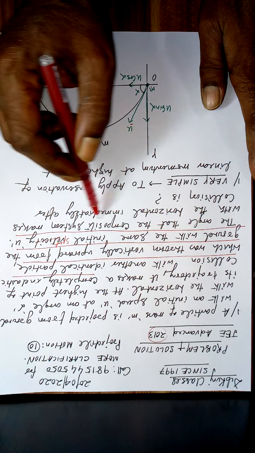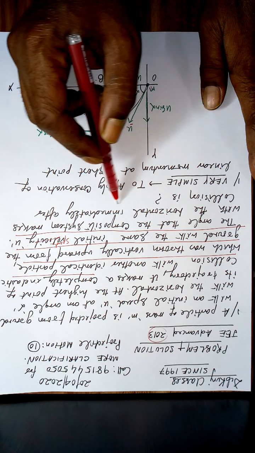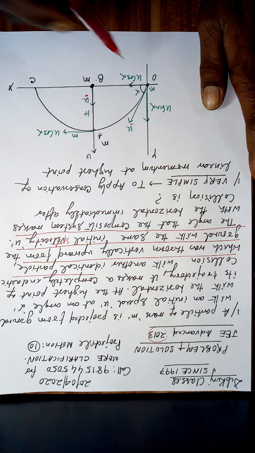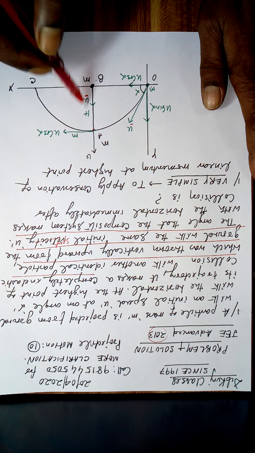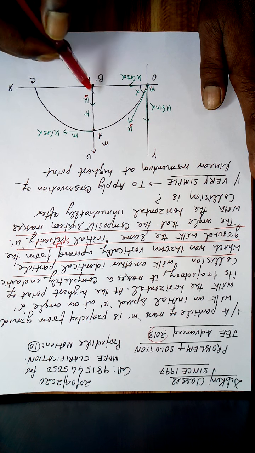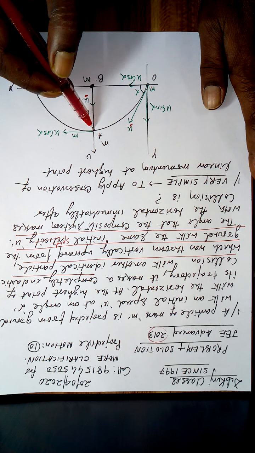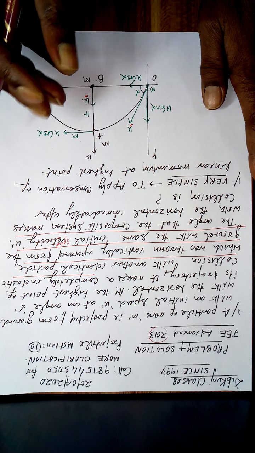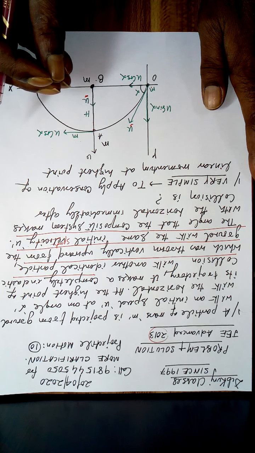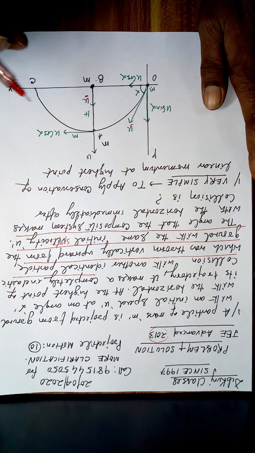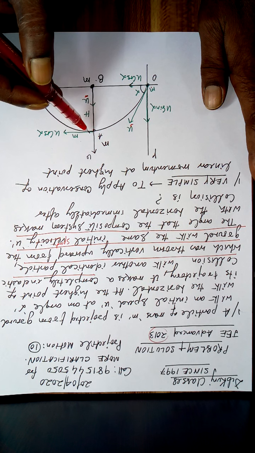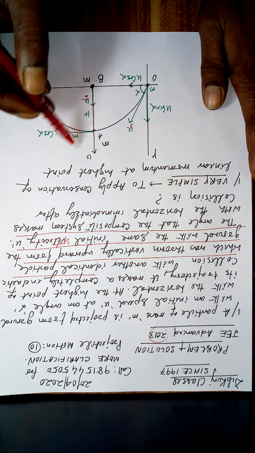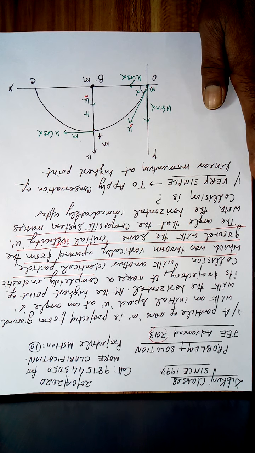The angle that the composite system makes with the horizontal immediately after collision. When this mass arrives here and this mass, which was also projected with the same speed u as this, meet here with a perfectly inelastic collision, they stick together. Total mass becomes 2m, and that total mass is moving with some velocity which we don't know, and we'll calculate that. And let us see what angle that composite mass makes with the horizontal.